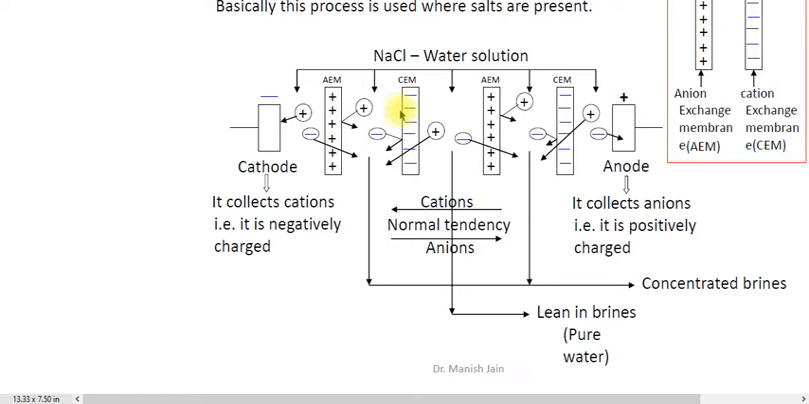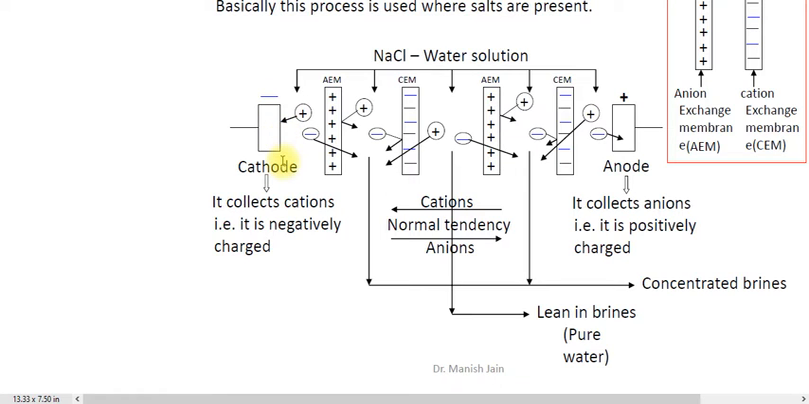So when you apply the electrical potential across the system, the NaCl salt will produce the Na positive ion and Cl negative ion. So the Na positive ion will move towards this cathode, and the Cl negative ion will move towards this anode. This AEM, the anion exchange membrane, is the positively charged membrane. So it will allow the anions, Cl negative ions, to pass through it,